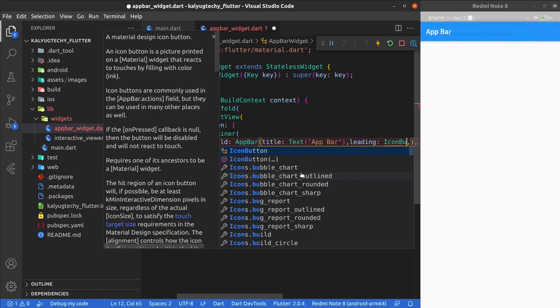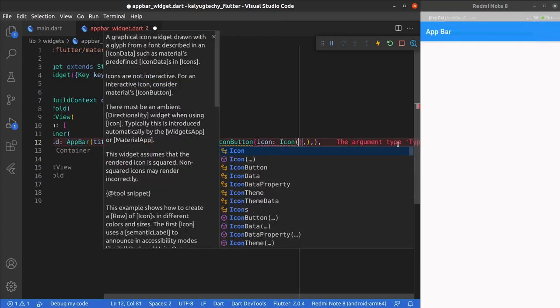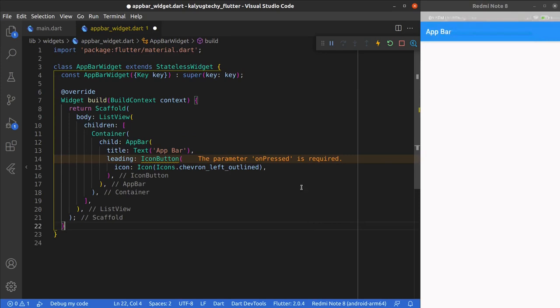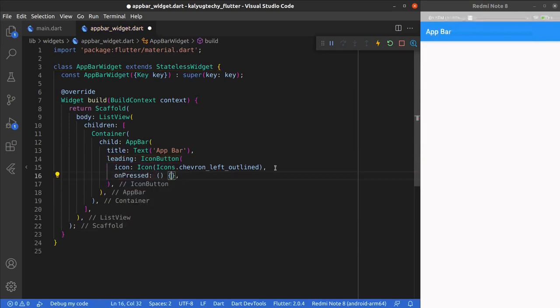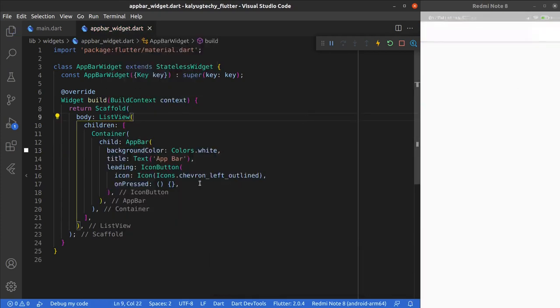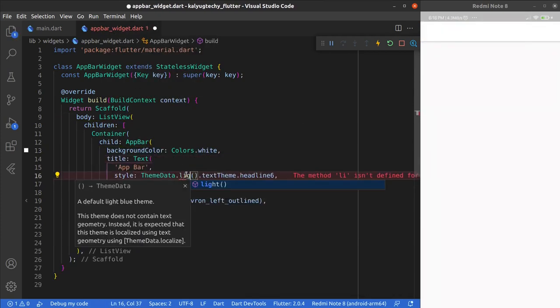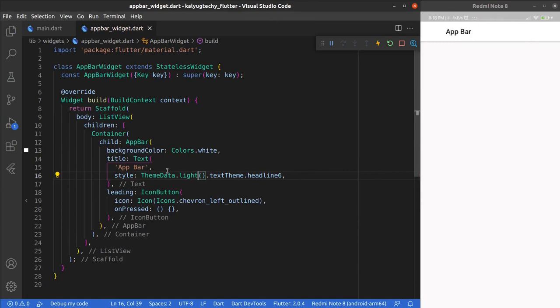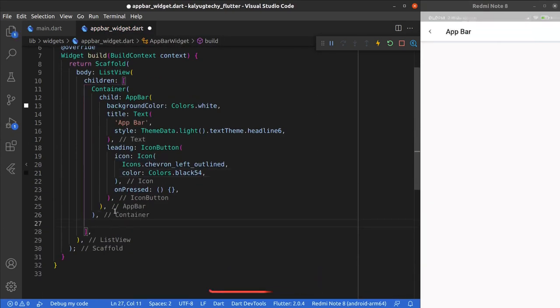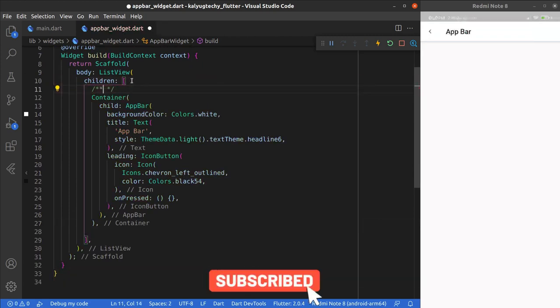Let's have the leading button in the app bar, and we can give it any kind of widget, you can say icons, and we have an action on it. We are not just placing the action, let's also place the background color on the app bar, as well as on the text widget and also on the icon button. And it's the simplest app bar, and we will name it in a comment so it's easy for reading.